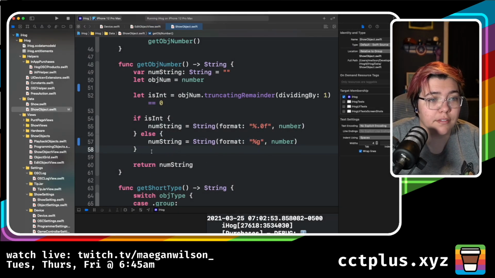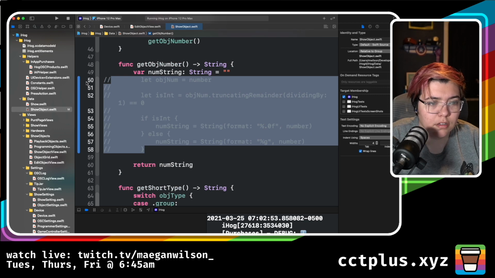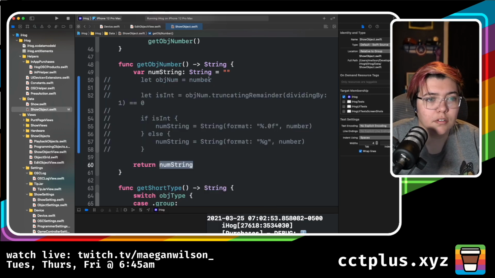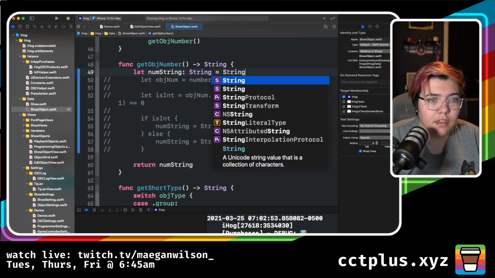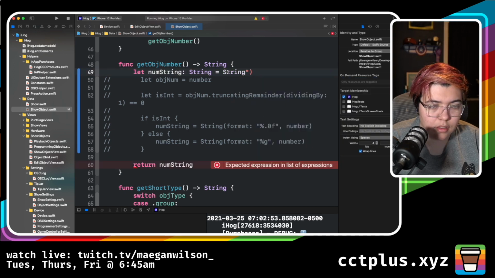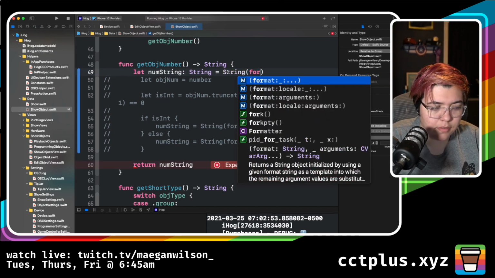If I don't have to do any of this, that'd be even more awesome. So let's return string. We can still say it's a num string equals that of a string format